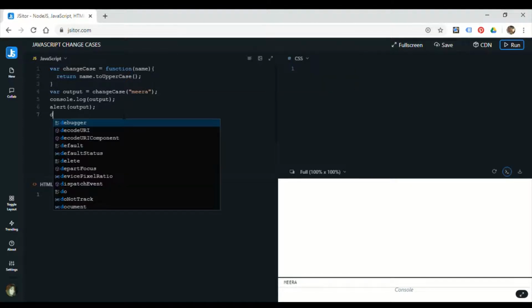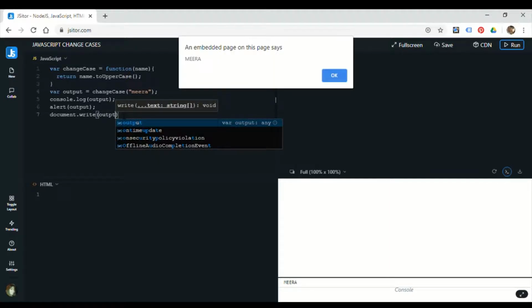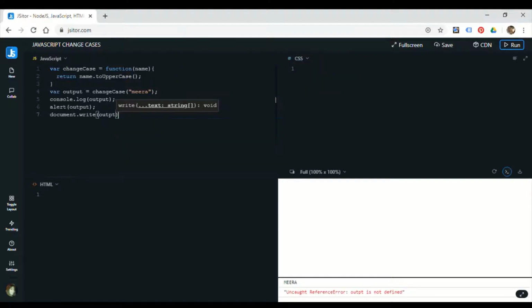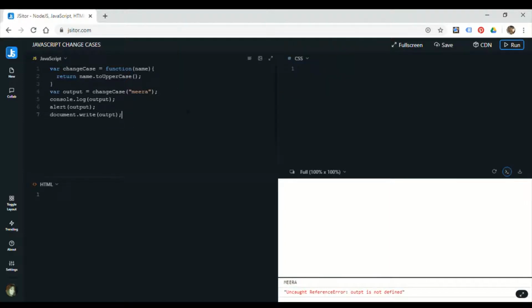In camel case, the first word starts with a small letter, so 'to' is small, then the next word 'Upper' starts with a capital U and a capital C in 'Case', which I've mentioned earlier. And then after that, don't forget the open and close brackets. So return name.toUpperCase().